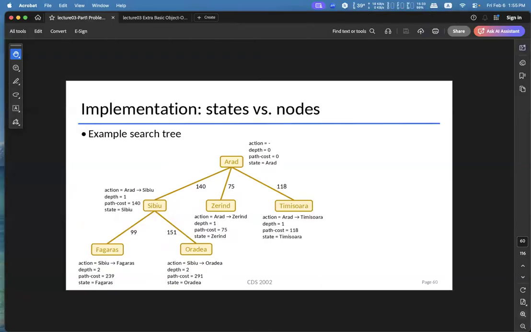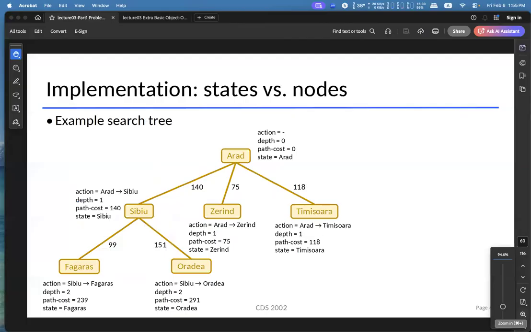So I understand that this is a little bit confusing and overwhelming to understand, but this is essentially how the search generally works. Any questions? Anyone at the back? Are you still able to follow? Okay. So this is essentially how it works. I understand that it is a little bit overwhelming.